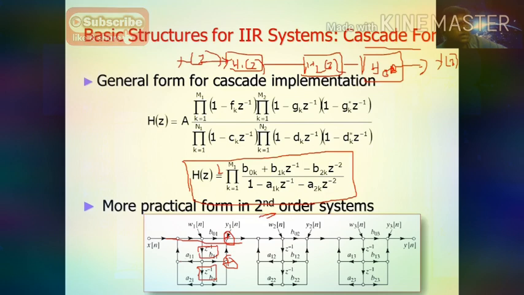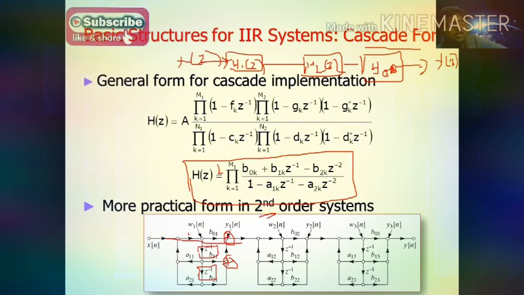So what about the denominator? That is the poles term. So the poles term is 1 minus. So 1 into x of n. So x of n will come here straight away. So here this is nothing but 1. So for delay elements, you add 2 delay elements. So here you put z inverse. First is z inverse, multiply with minus a11. So here we have minus, which means from right to left it will change the sign. So it becomes plus. So here also a21. Okay, so automatically change the sign. From right to left means we change the sign.